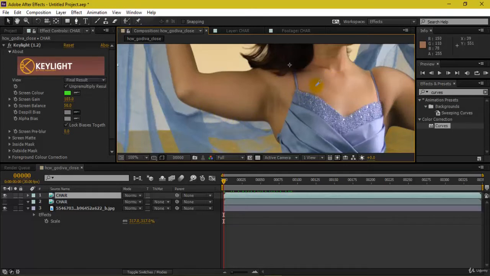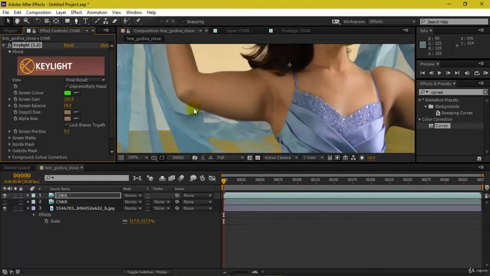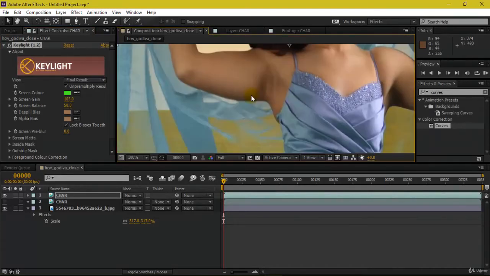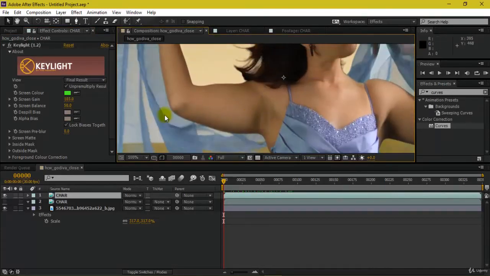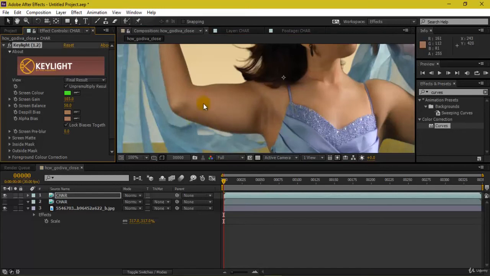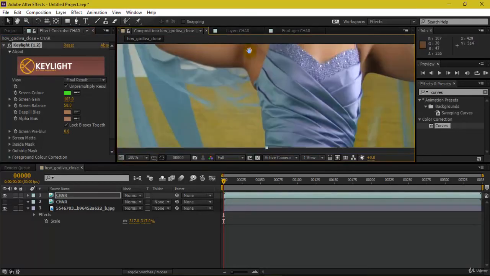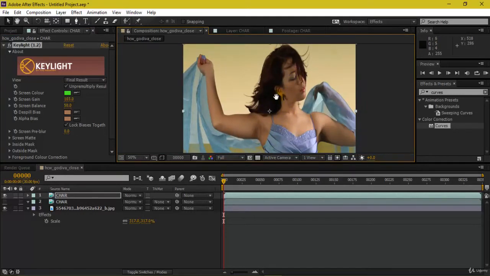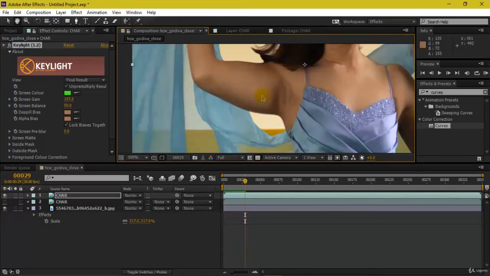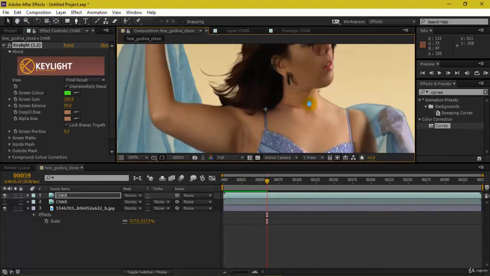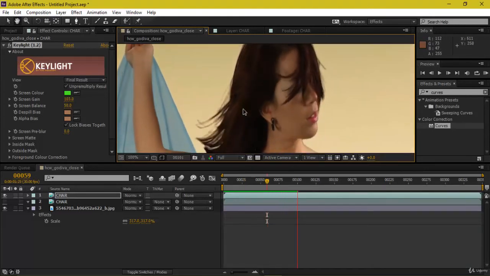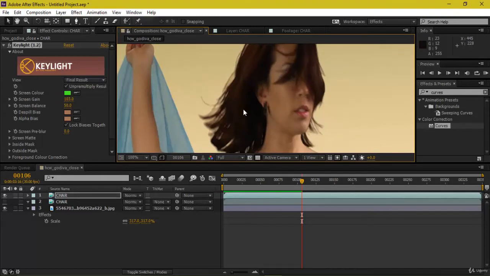So I'll be just clicking over here. The moment I click here, you'll be able to see the difference over here in the darker areas of the hand or the arms. So just let me click here. If you can see, there are some areas which have been totally removed from here. Just doing that once more, so that green areas over here are no more visible. So this is what we are getting after the de-spill bias. Even if you see the hair, there is no change, and each and every minute detail is being preserved.